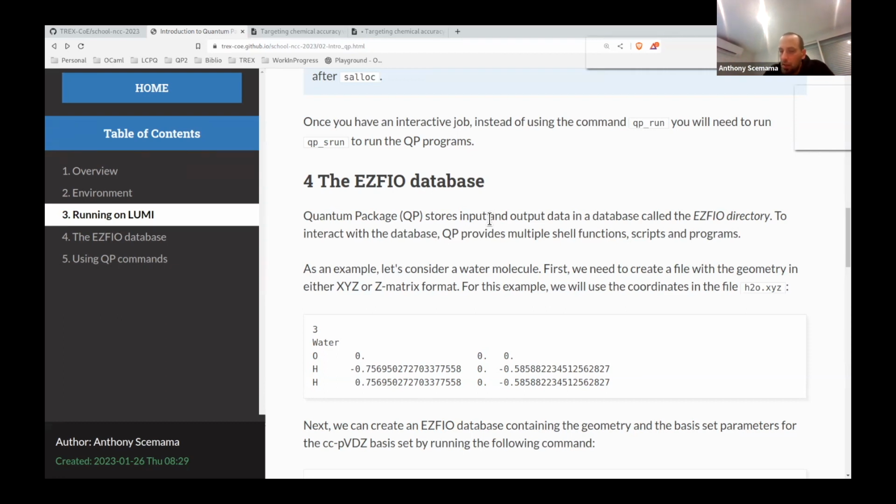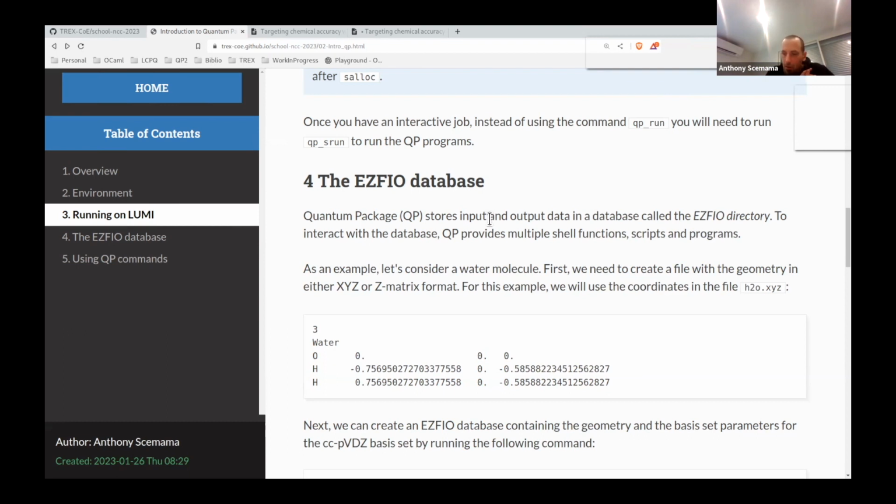So then it's going to read from the database what it needs. It's going to do the Hartree-Fock calculation, and then it's going to store everything in this database in such a way that if you ask again, give me the Hartree-Fock energy, then it's going to read the converged molecular orbitals that have been stored previously, and it's going to give it to you faster than if you start from scratch. Okay, so when you make calculations like this, you iteratively interact with this database by picking information in it and producing new information and storing it inside.